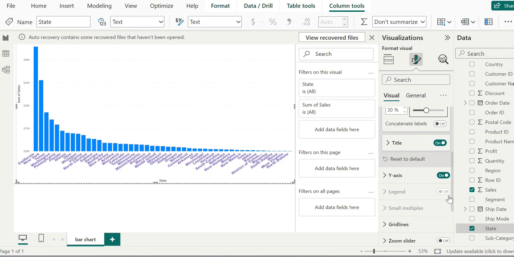So you can see how we can make the visualization better using different visualization formatting. Here I am ending this demo where we loaded in data and constructed the visualization.